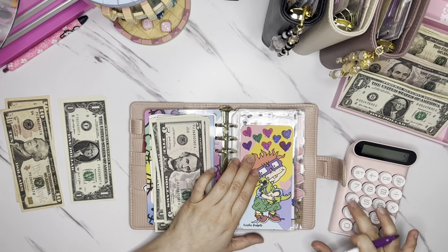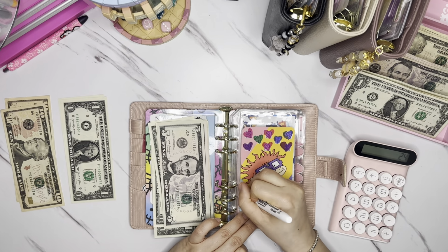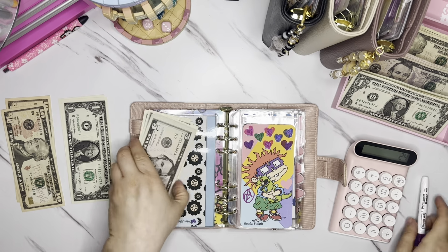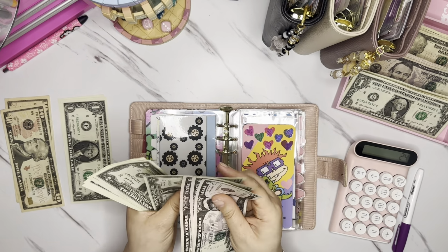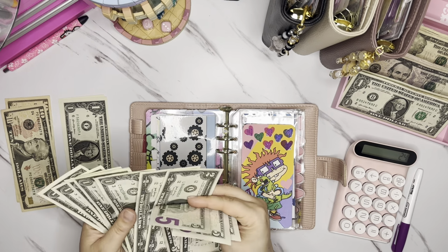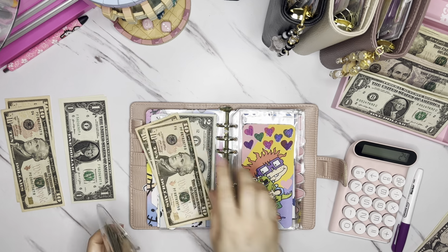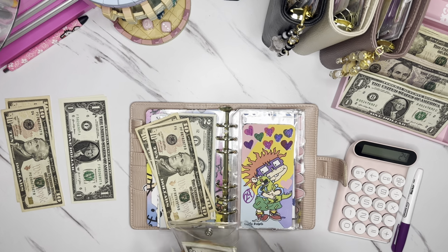So 3 plus 2 plus 4 plus 4 plus 5 plus 4 plus 2 is 24. So my little baby Enzo has $24. So 5, 10, 15, 17, 19, 21, 2, 3, and 4. So, do I have a $20 bill? I do somewhere. I'm trying to think. What do I want to do? I'll just do 2 10s. Let's just do that. I know I have 10s, so I'm going to put the 5s in here, and then